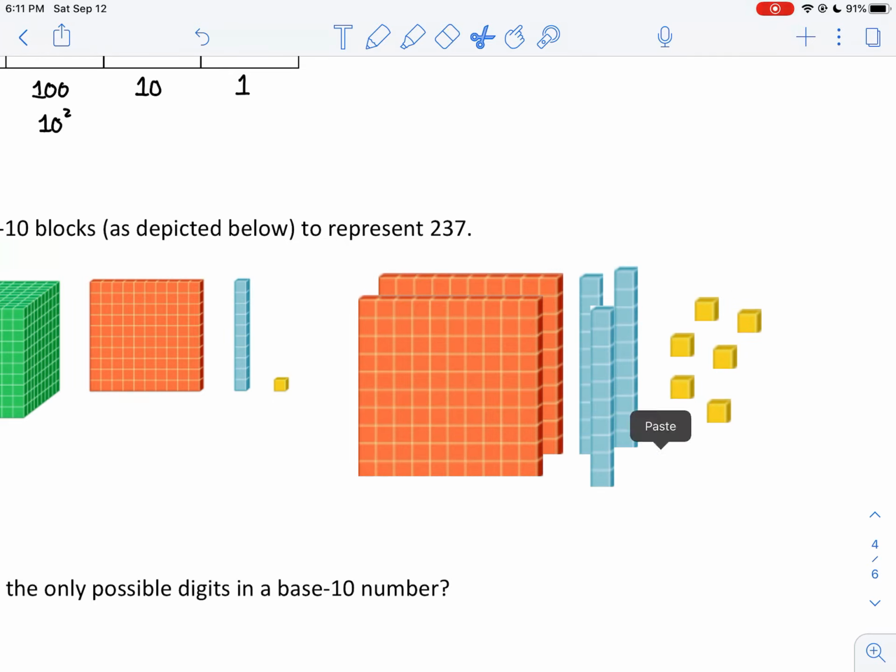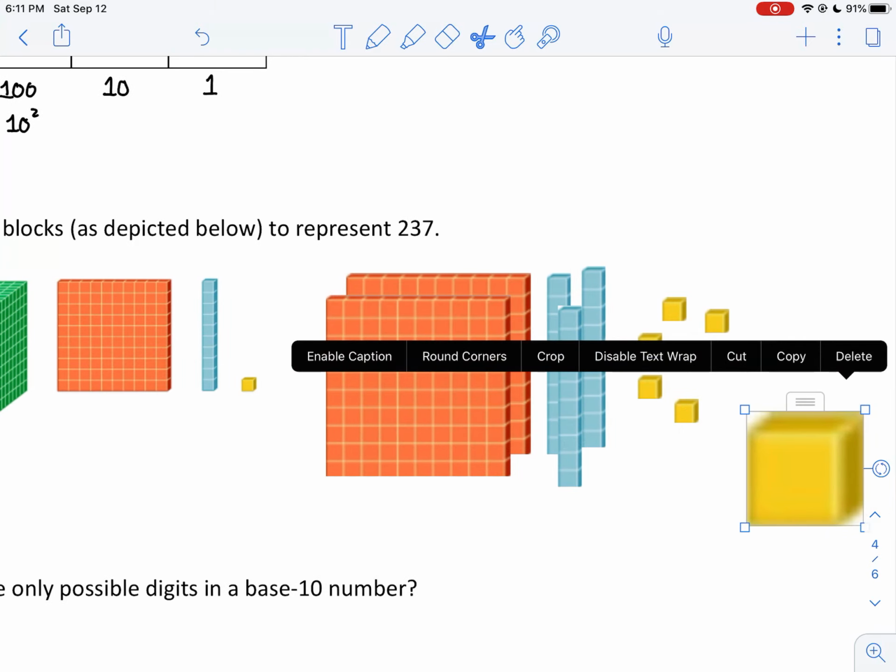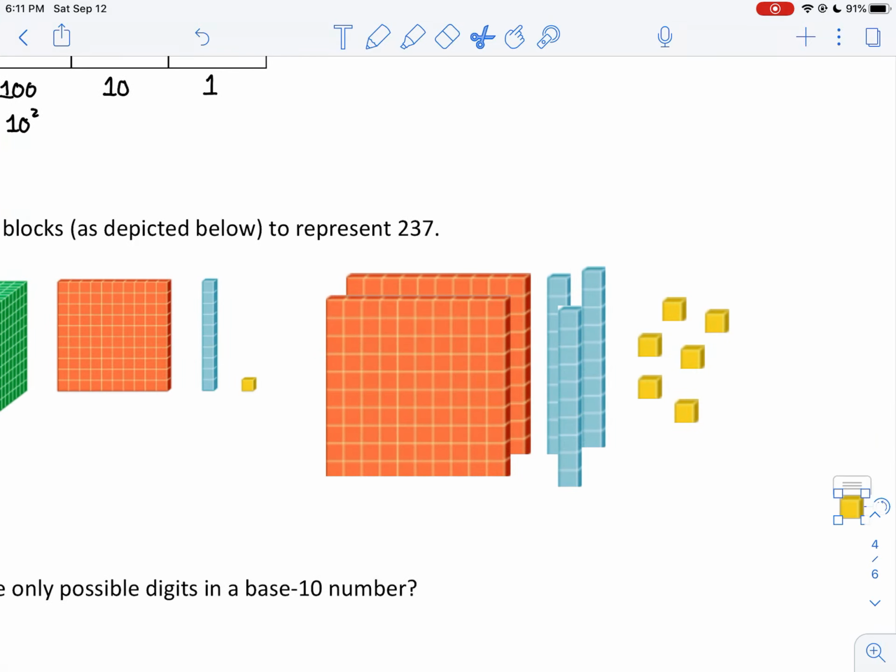And what are we at? 6? Okay, one more. Whoops, that's not what I wanted to do. Drag it over. Okay, you can stack them in a cleaner order, but here you can definitely see we have